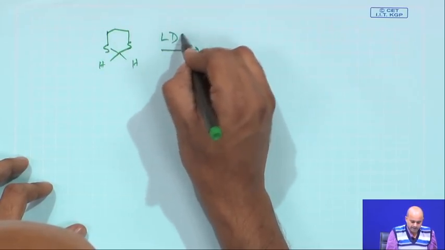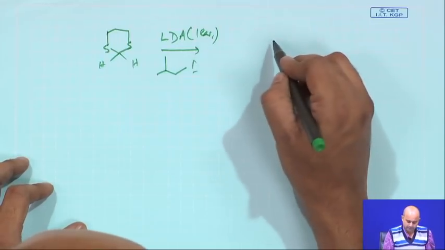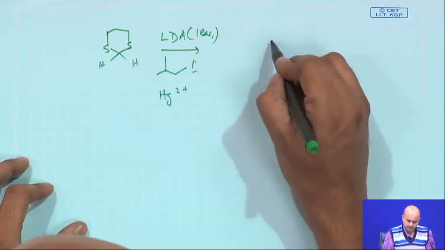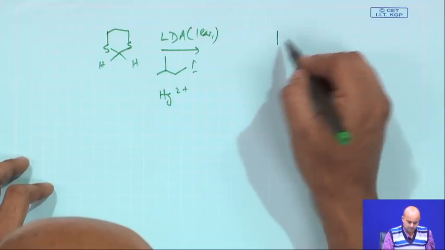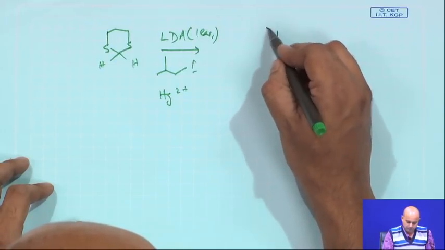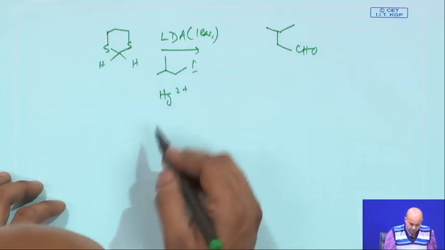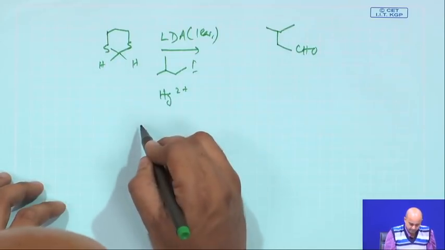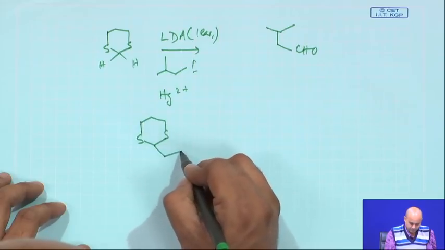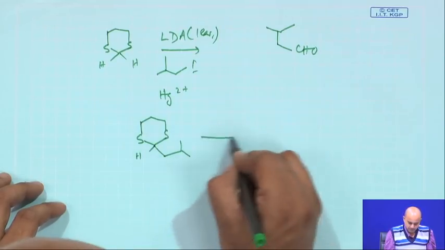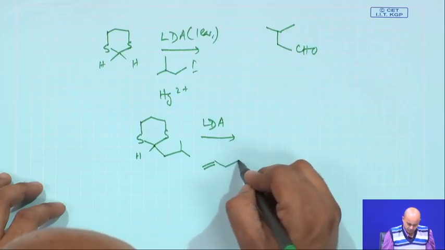As a first step, we will do LDA, 1 equivalent, and we use isobutyl iodide and then do Hg2+. So, initially we will basically get this isobutyl CHO. Or the other way, you do not put the mercury here, you first do the synthesis like this, keep this hydrogen, now put another equivalent of LDA and your other electrophile which was given to you,